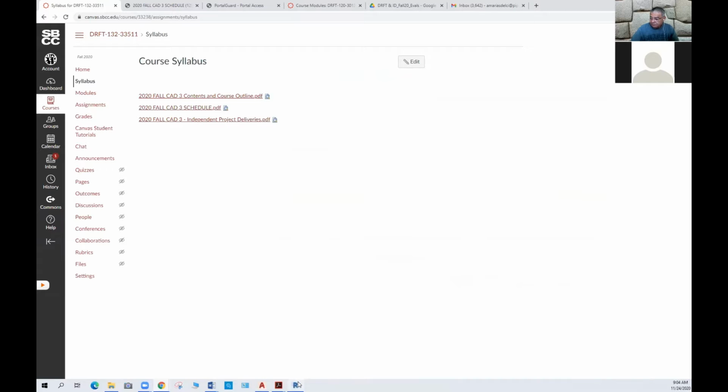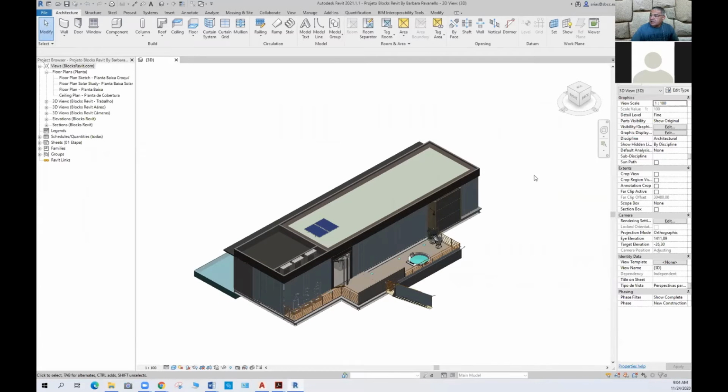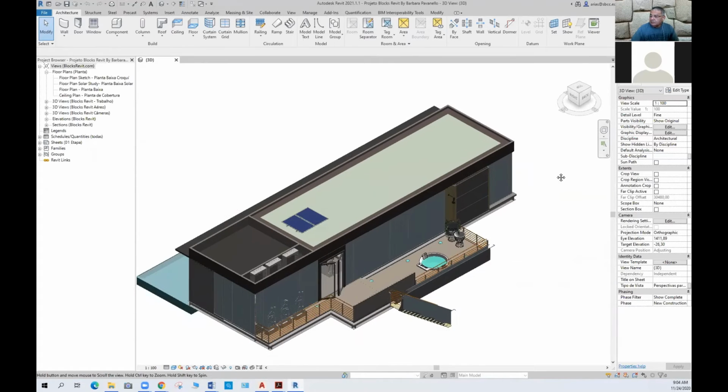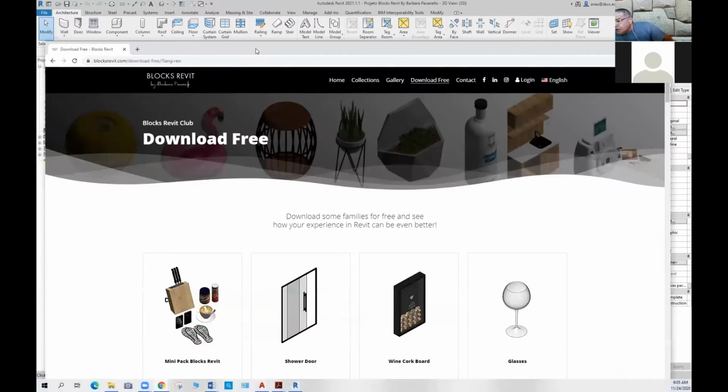program here. As we continue and to finalize our project, I wanted to review this project from time to time with students. It's a project done by a Brazilian architect, and she focused on interior design. And so I wanted to bring that to your attention. She's got a website where you can